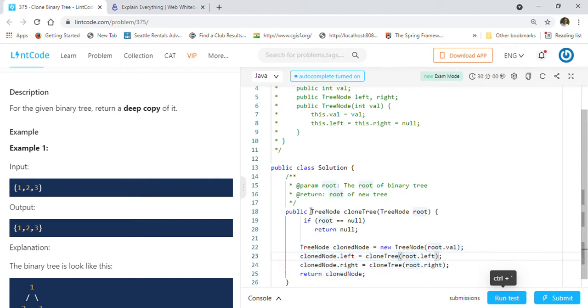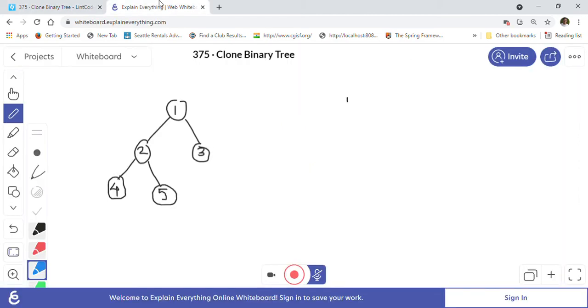So let us look into how the recursion is going to work, right? This is our original binary tree that is given, right? 1 2 3 4 5, these are the nodes, and we want to clone this tree into another clone copy. So we will start from the root node. This is our clone copy. So we will first visit this node, and you can just say that we have not yet created a node here, right? We are just visiting here.